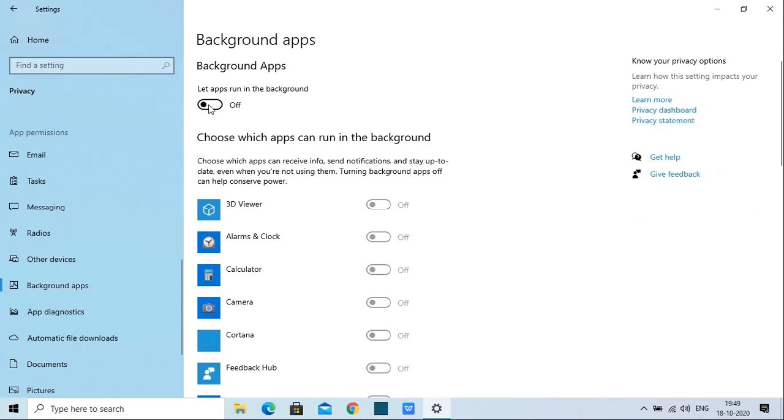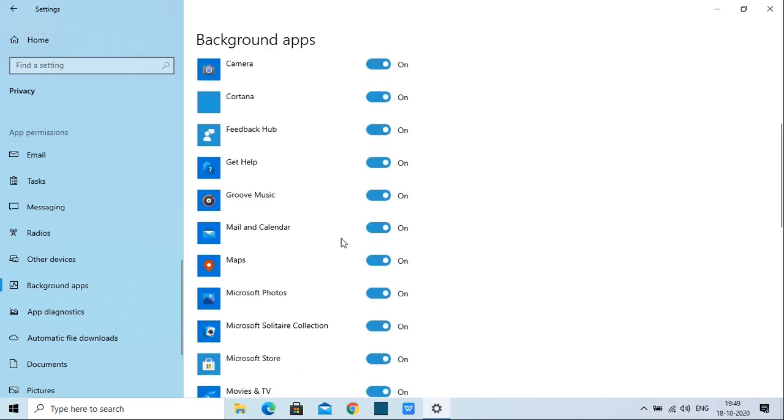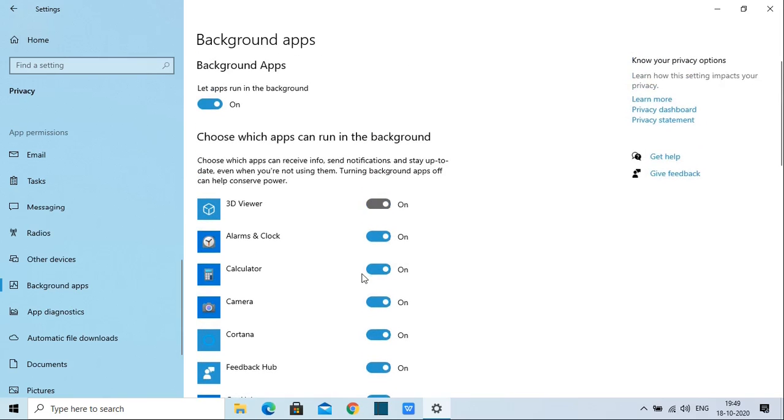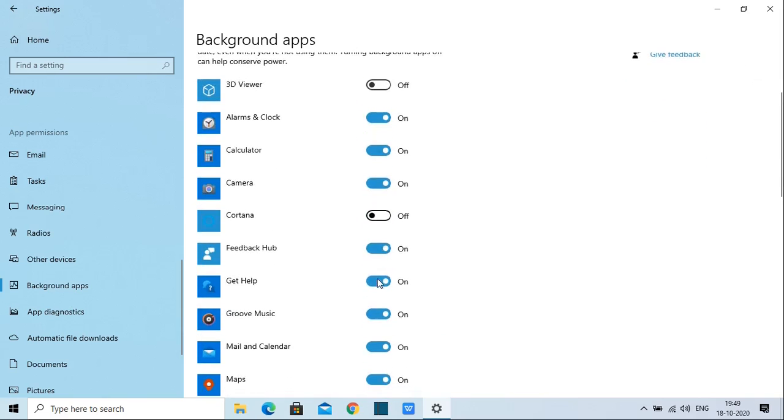If you switch it off, all the background applications will be switched off, but it is quite advisable not to switch off all of your background applications, because applications like Skype and other communication applications need to run in the background to receive your communications. So it's better to deselect them one by one.